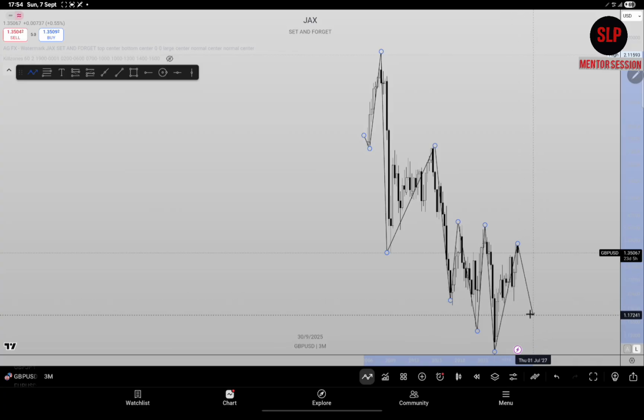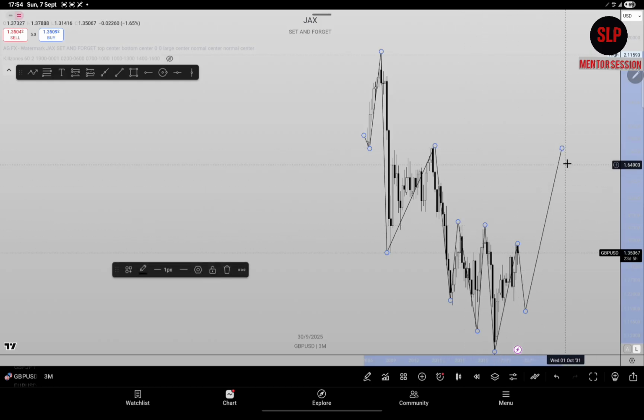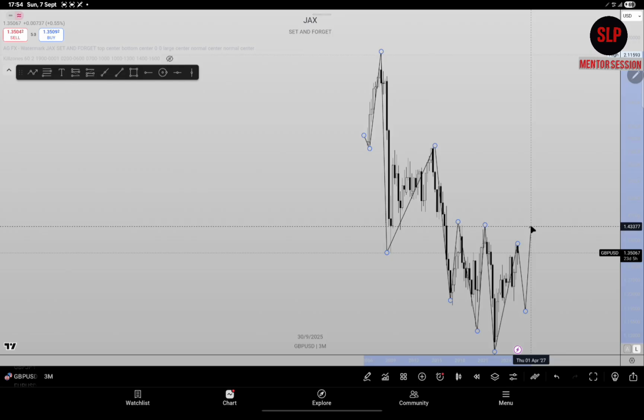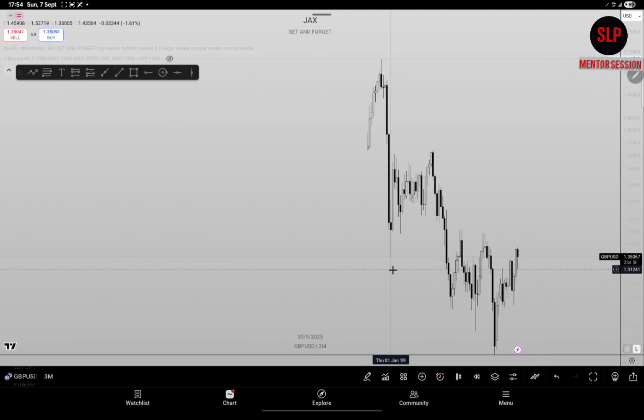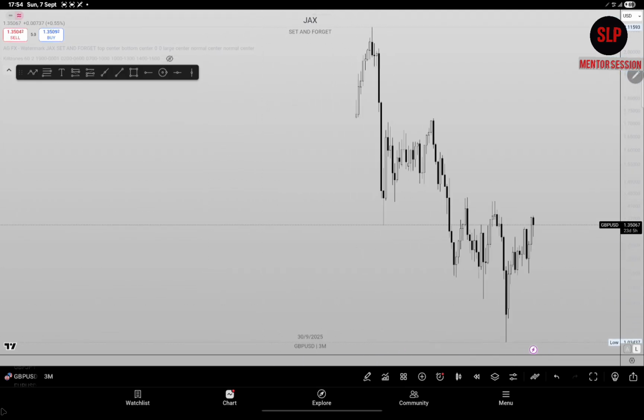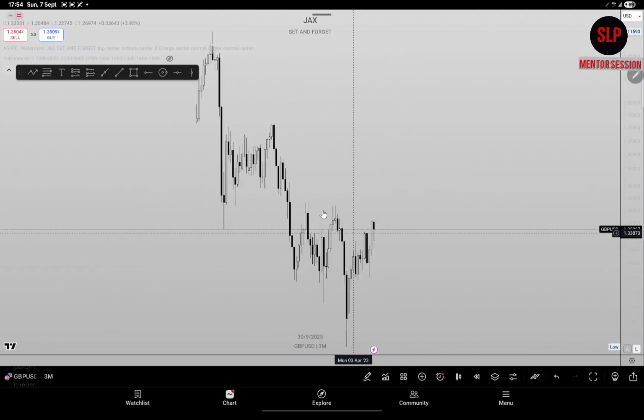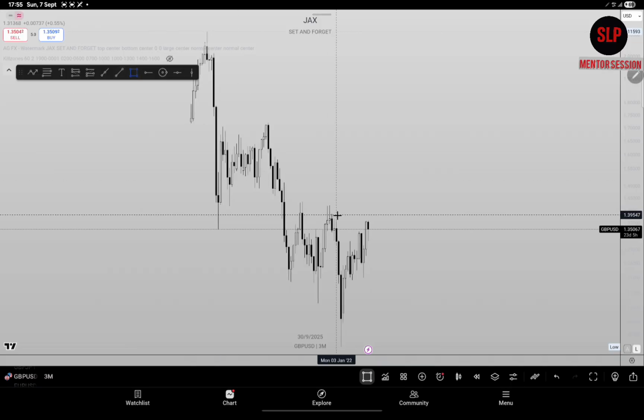Price could just take out inducement, find a point of interest on the lower time frame, and continue pushing to the upside and target this top. It actually looks like a double top or something, so price could just do it and target this high here, or continue to give us a lower low. That's the expectation. So we already know it's bearish, other block, whatever.